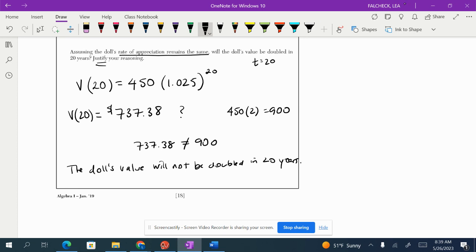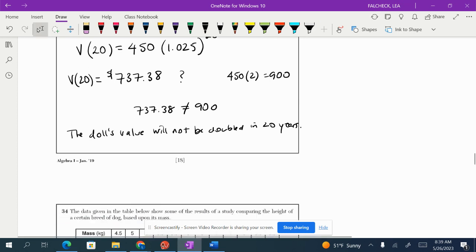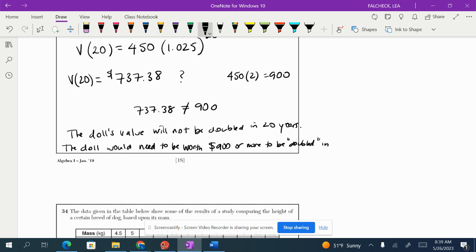Now we're going to justify our reasoning because the doll would need to be worth $900 or more to be doubled in